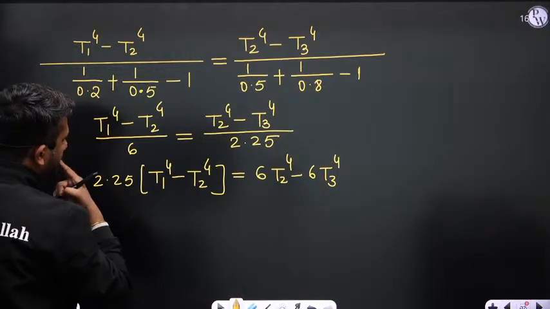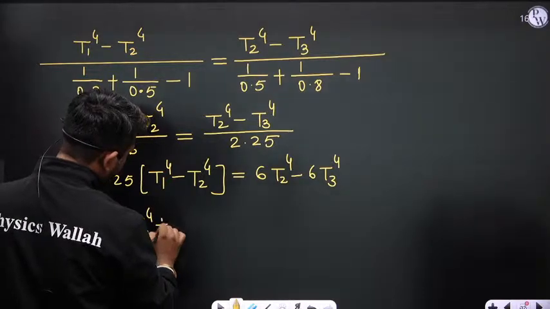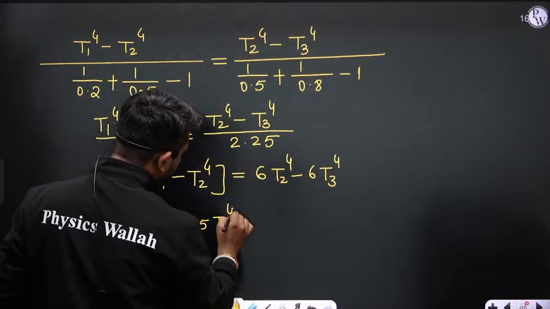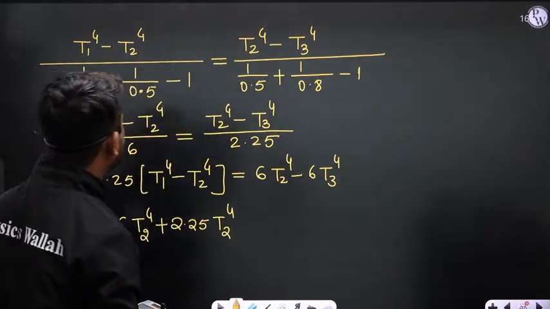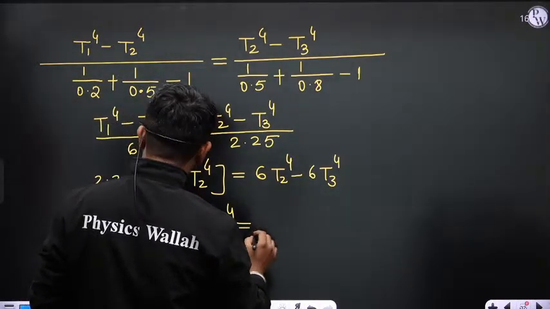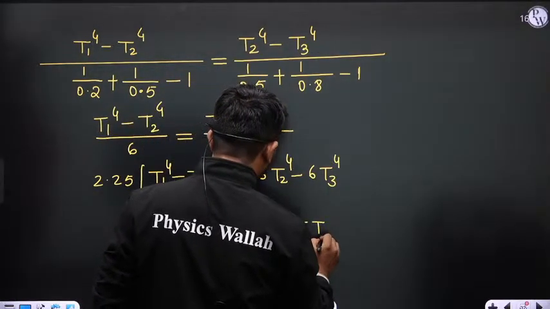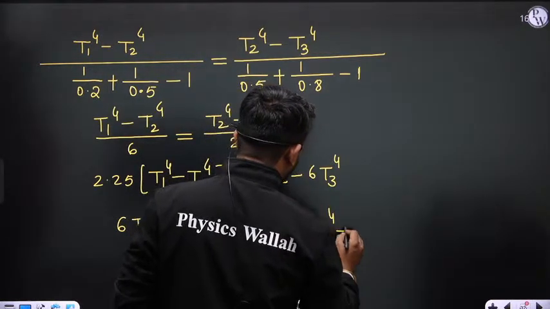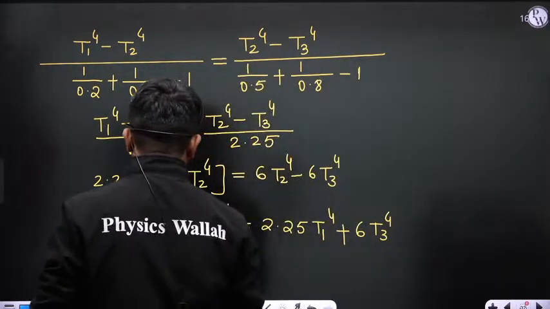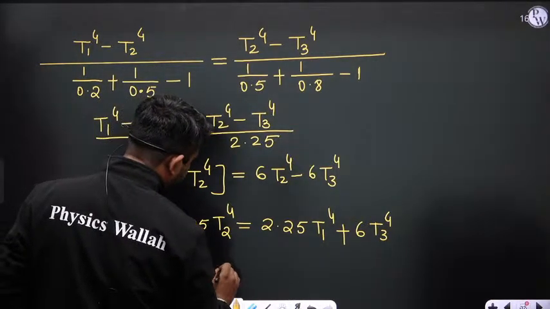Okay, so you can say this is 6 T2 to the power 4 plus, right, this is 2.25 T2 to the power 4. 6 T2 to the power 4 plus 2.25 T2 to the power 4 is equal to 2.25 T1 to the power 4 plus 6 T3 to the power 4. Okay, so this is 8.25 T2 to the power 4 is equal to 2.25